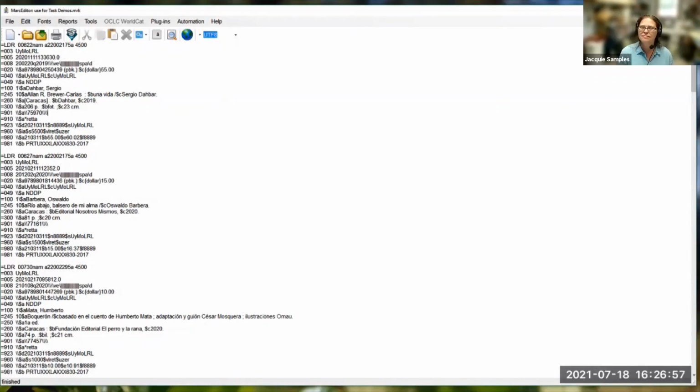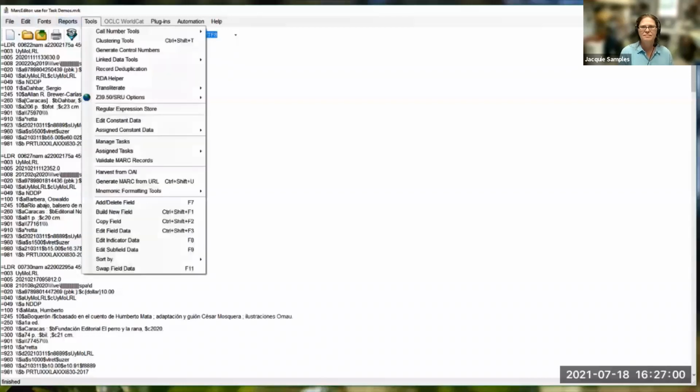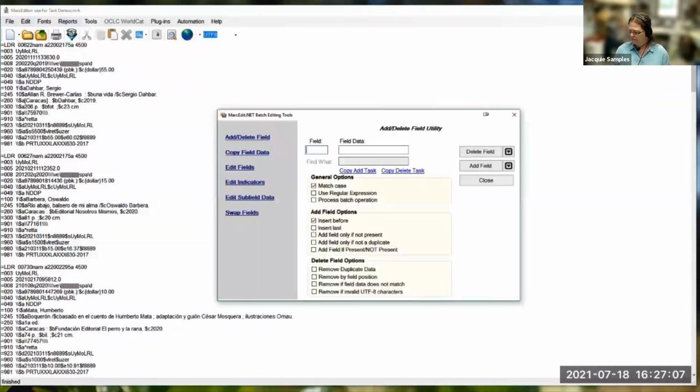And so I'm going to go back into tools and I'm going to say add/delete field and click on that and the menu pops up. And at Duke, we kind of always put this in the 904 or some defined field. And then I'm going to say vendor generated brief. And it will do that for me.